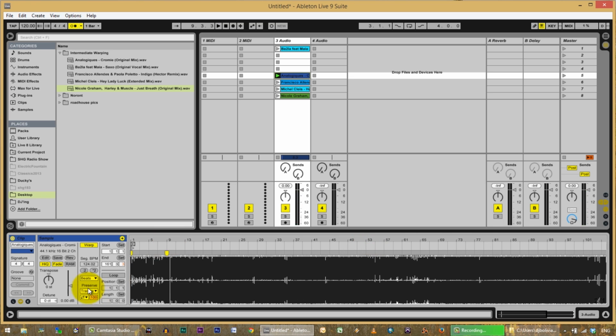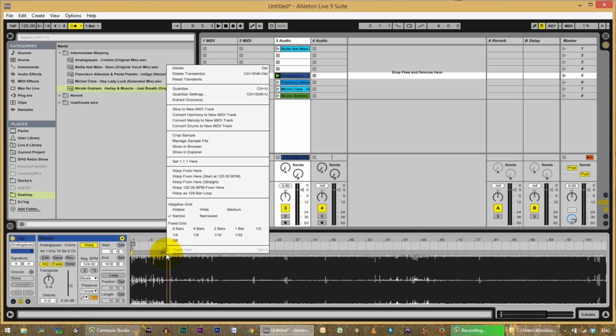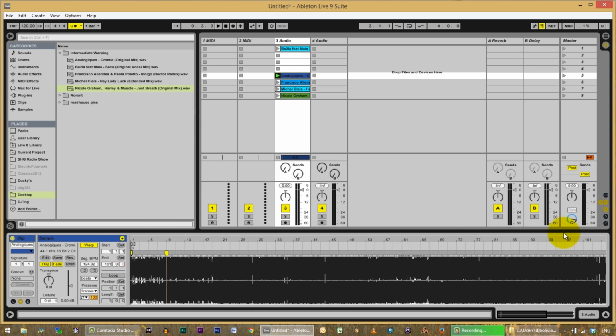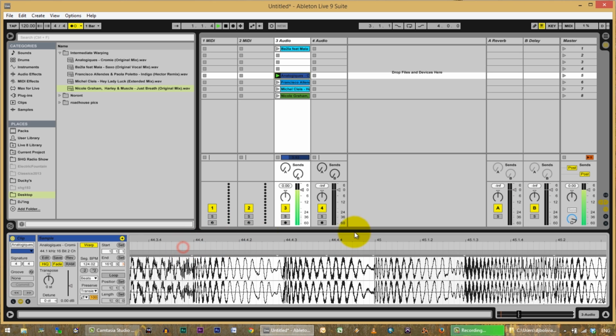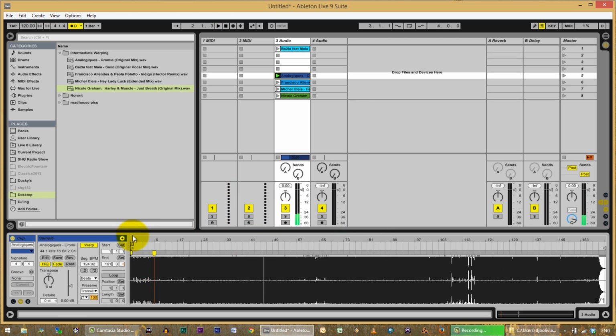Okay, that sounds good. Now, I know from experience that if I were to right-click and go warp from here straight and go through and try and warp the rest of this file, it's all going to work out just fine. Okay, so it would be simple.